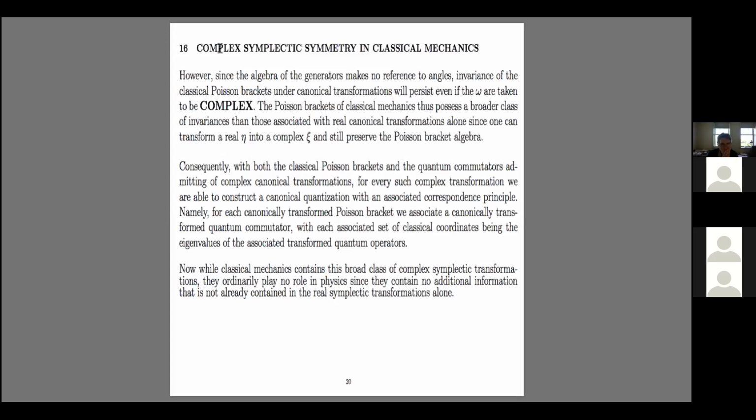And therefore, complex symplectic transformations in classical mechanics will transform the classical Poisson brackets. Complex transformations in the quantum theory will transform the commutation relations, and you can still have a correspondence principle between the transformed classical Poisson bracket and the transformed quantum commutator anywhere in the complex plane. Now, usually this makes no difference because there's no new information in the complex plane that was not already contained in the real plane,